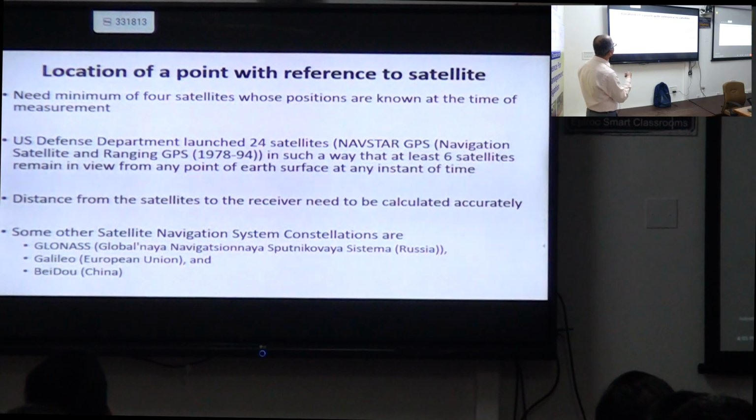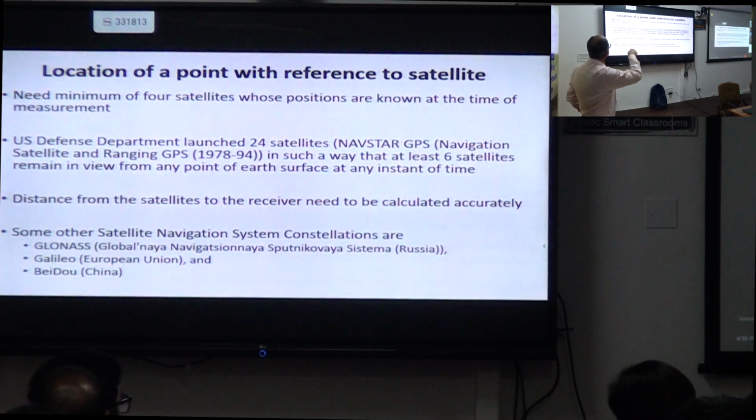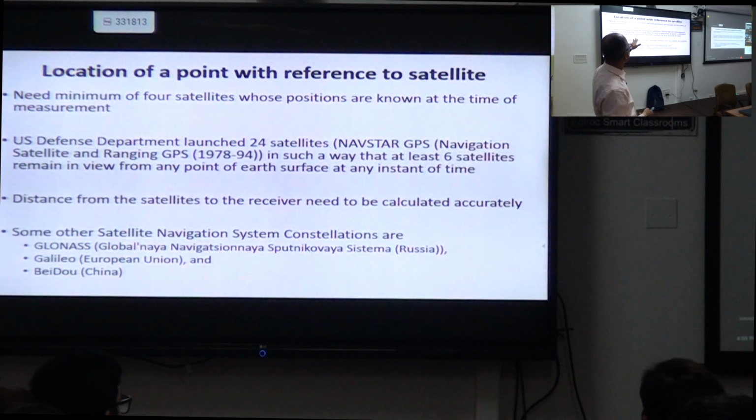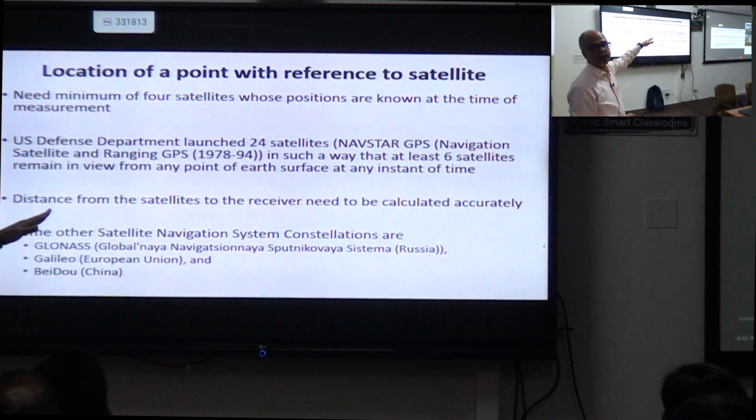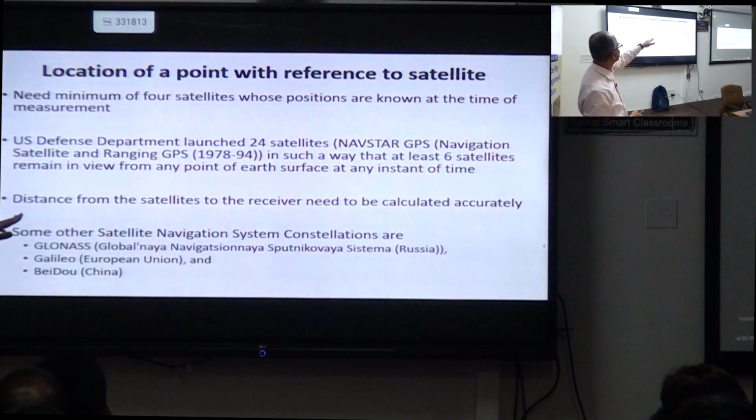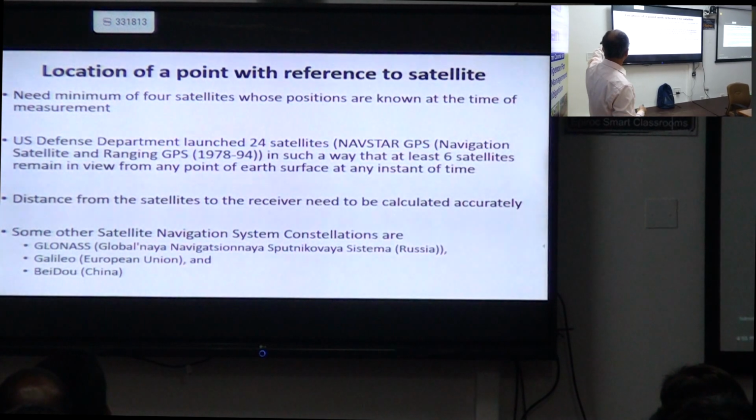Just to summarize what we have talked about so far, this indicates that we need a minimum of 4 satellites whose positions are known. Again, the position must be known at the time of measurement. Then,